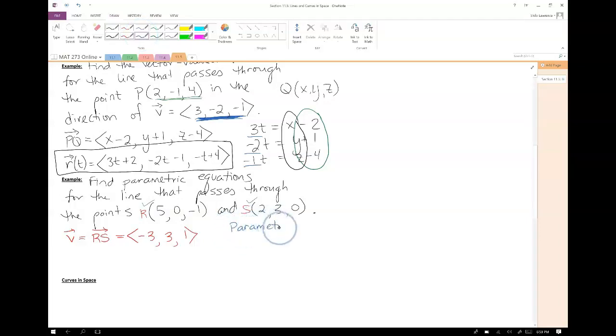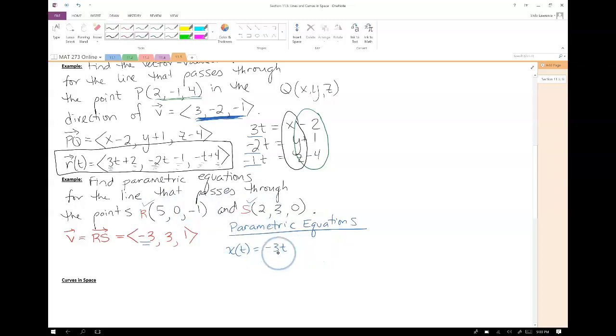And I'm not going to go through the whole common ratio with t here. I'm going to jump straight to the answer, because the pattern that we see in the setup of these equations is exactly the same every time. We always have these coefficients come from the components of our direction vector, and then these constants come from the point that we're using on the line. So as parametric equations, we would have x of t equals -3t, and then you have